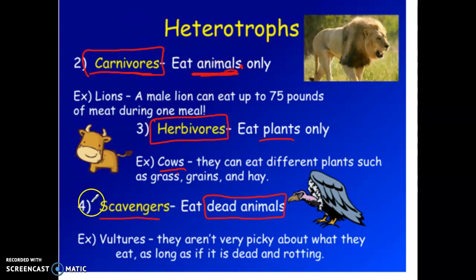A scavenger is something that will eat something that is already dead. So usually scavengers actually match up with carnivores pretty well. If you've ever watched The Lion King, I'm sure you have lots of time now if you would like to watch it. It's a great movie. But The Lion King shows that there are, of course, lions, but there's also hyenas.